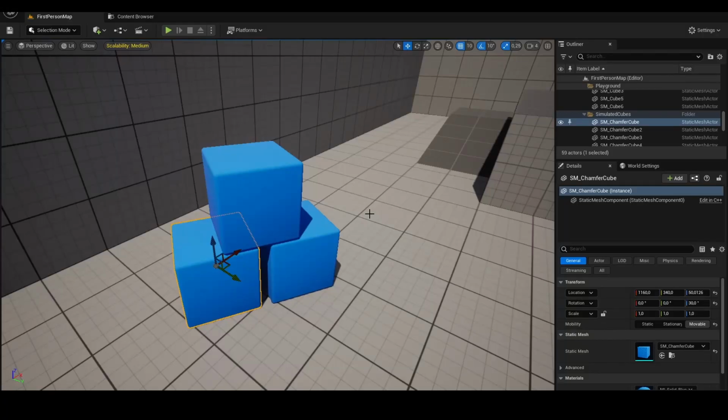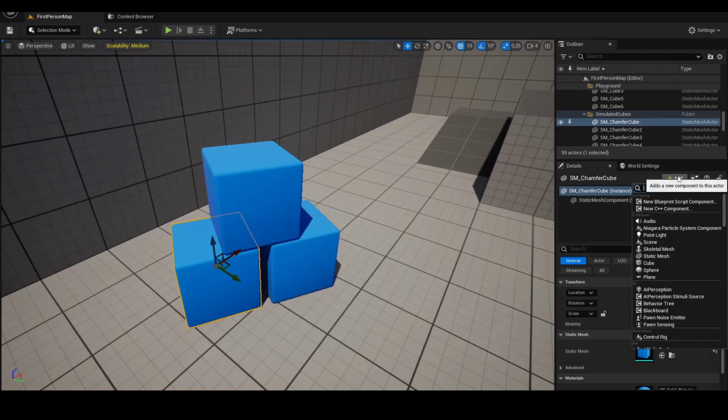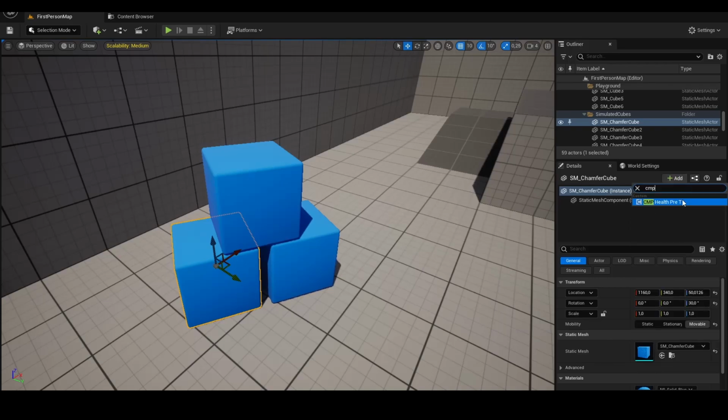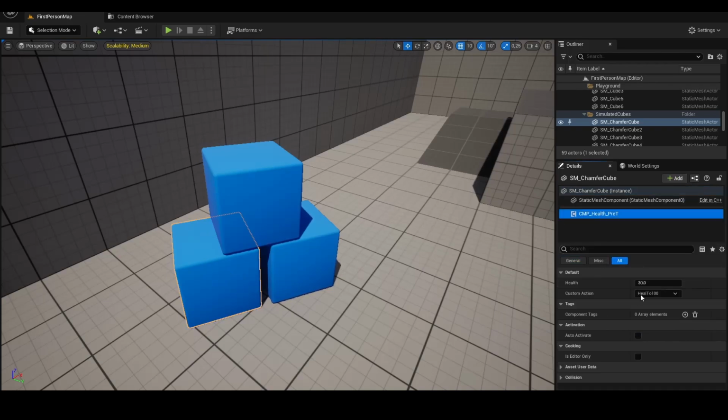Hello everyone, today we are going to make a simple health system using components. Components will make it a lot easier to add this health system to anything in your game, and it keeps your code cleaner. For example, if I want to add a health system to this block, I'm just going here, search for it,